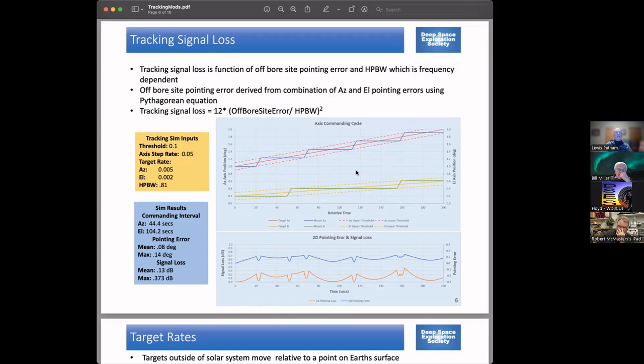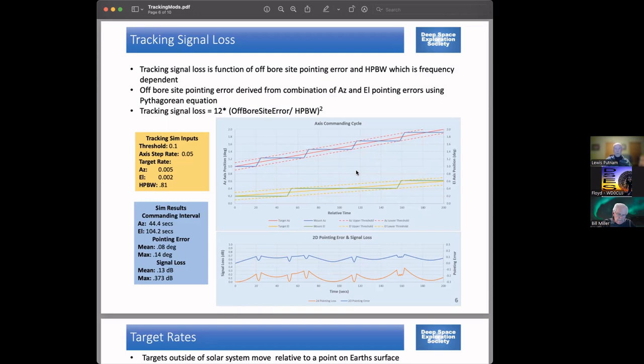Then when you look at the commanding interval, because the azimuth is running faster, in this case it's running at 44.4 seconds. And the elevation is quite a bit slower, so its update interval is around 104 seconds. So what this means is